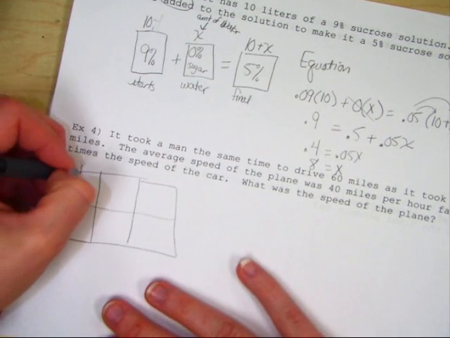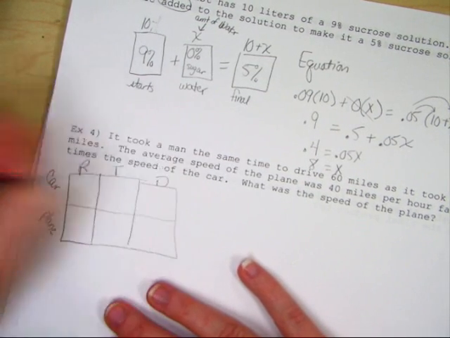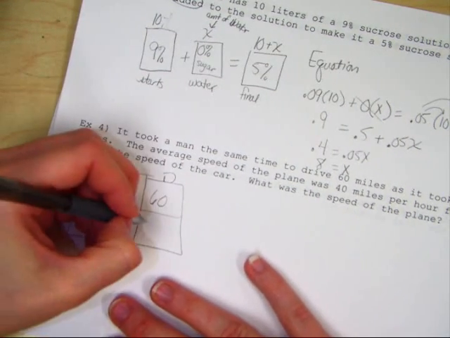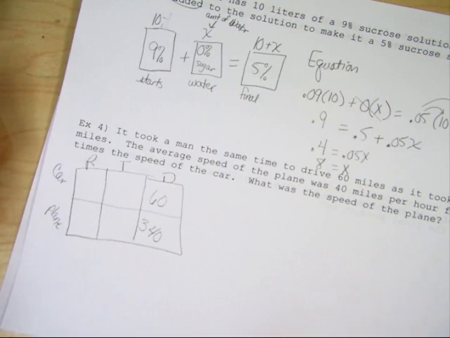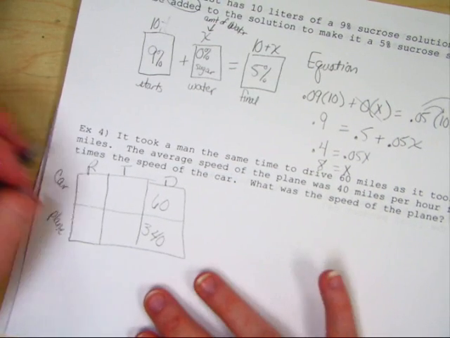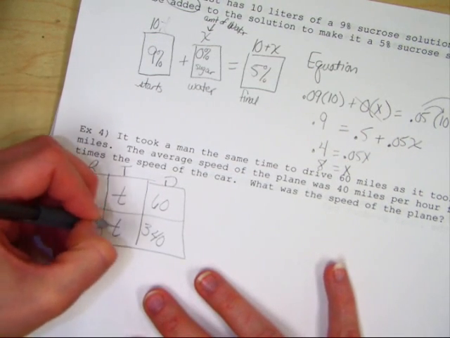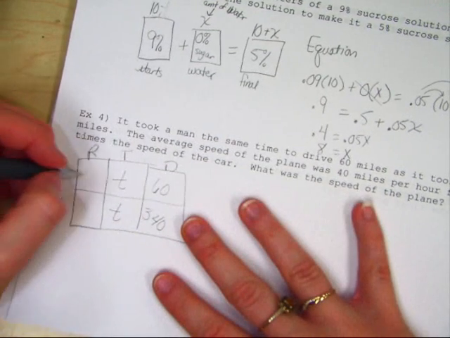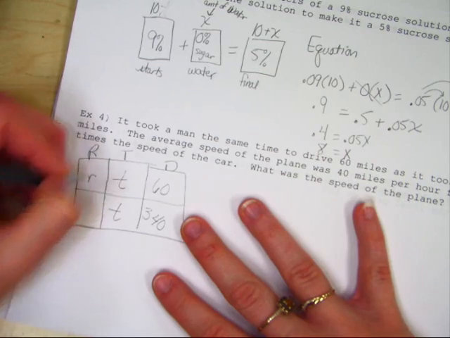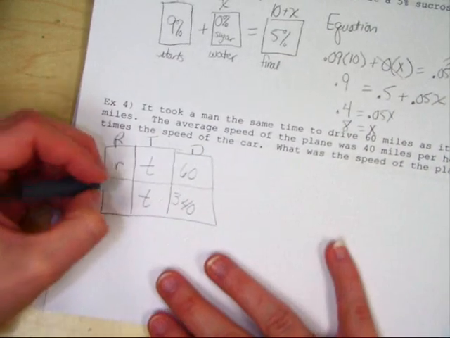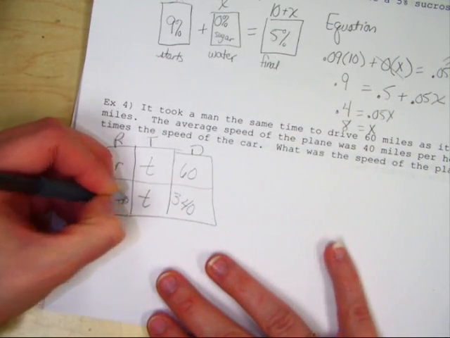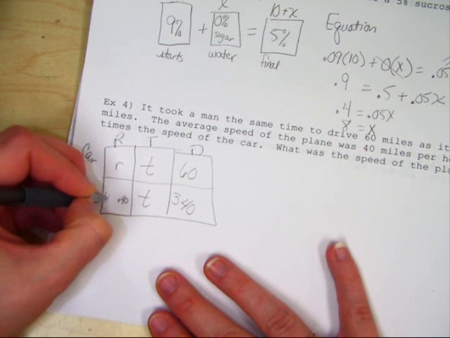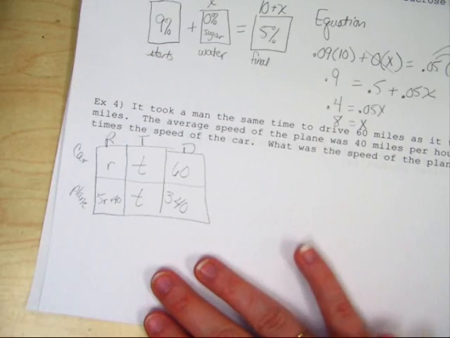In your chart, you should have used rate, times, and distance. For the car, you should have put 60 for the distance, and for the plane, you should have put 340 for the distance. It said the same time, so you should have used the exact same letters. And the rate, well, we don't know the rate of the car, so we can just call it R. The plane, it said it was 40 faster, so you use plus 40, then